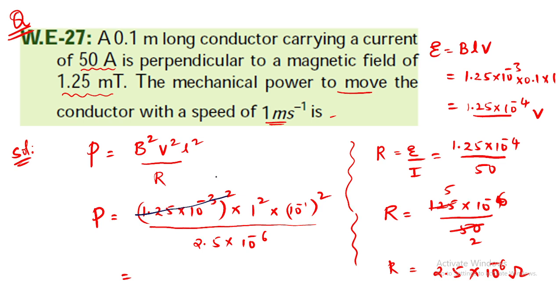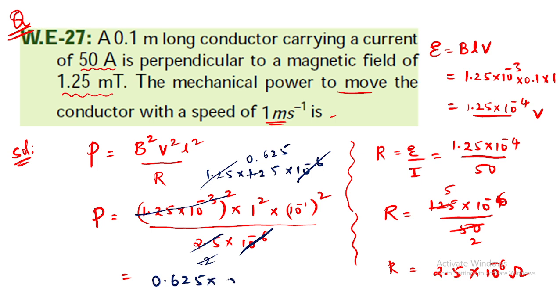So this can be written like this also, no? 125 into 125 into 10 power minus 6 will be there. This 10 power minus 6, this 10 power minus 6 I can cancel. Right buddy? Then 125, how many times can I cancel? Two times. Yes or no? That's it. The answer will be 0.625 into 10 power minus 2. Power, its unit will be watts.